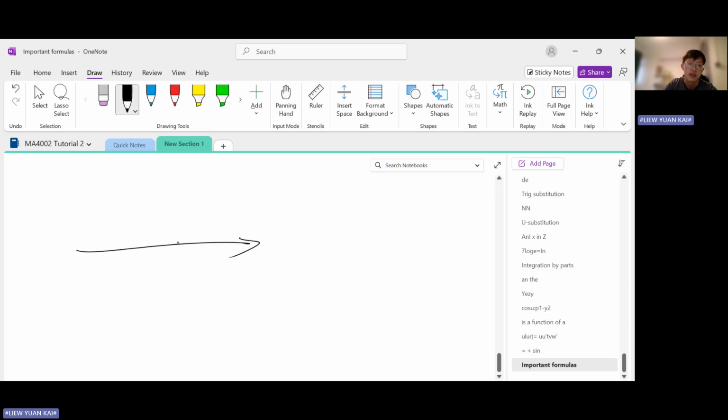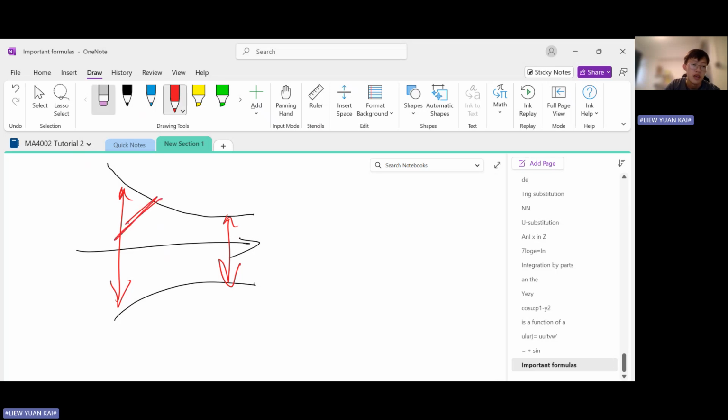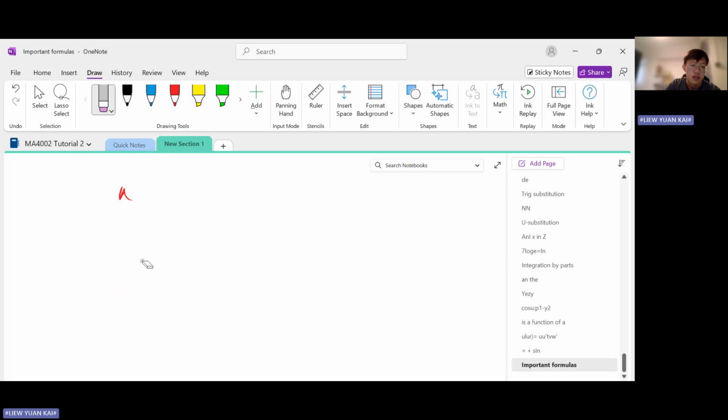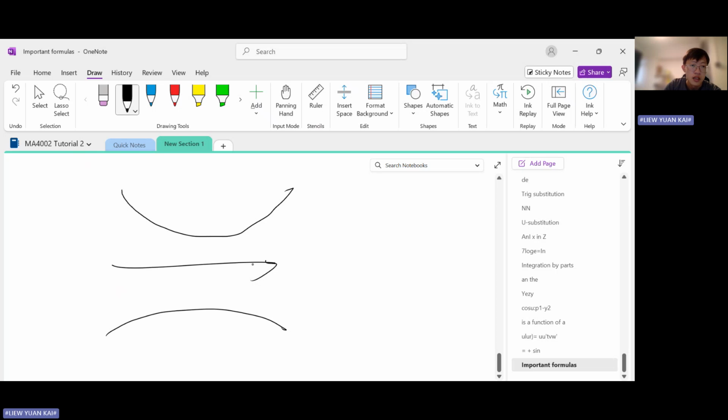Again, let's say the flow is moving rightwards. What does it mean if the cross section area is decreasing in the direction of flow? Then it will look like this. So this is the nozzle, right? Initially the cross section area is big, then as the flow moves along, it becomes small. Then what does it look like if it's a stationary point? If the flow is like this, then the stationary point would look like this, right? Here, at this location, is where dA is equal to 0. So that's the stationary point.